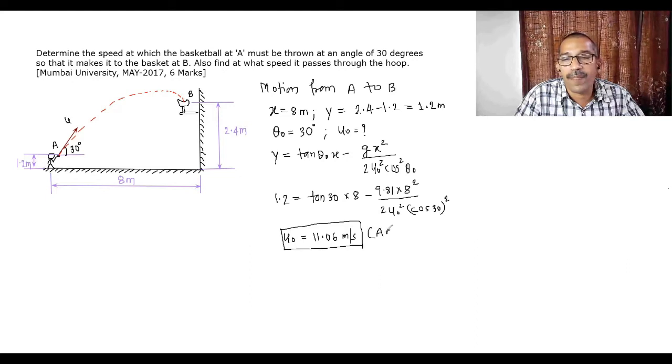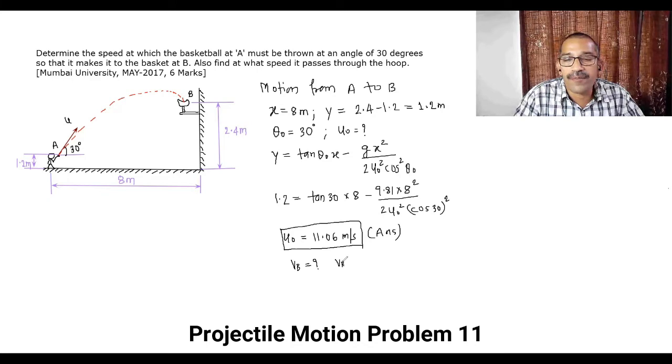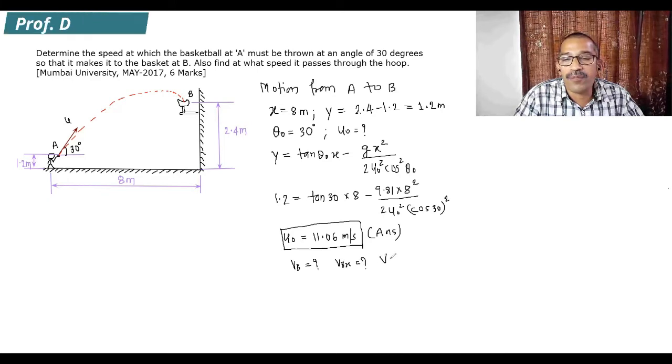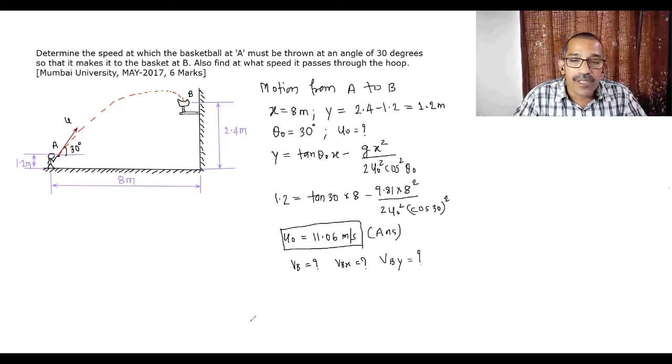This is the first answer. Second part, what is the problem asking, also find at what speed it passes through the hoop. That means you have to find VB. Now, whenever we find such a final velocity, to find this VB, we'll find VBX and VBY. If we get these two components, applying the Pythagoras theorem, we can find VB. In projectile motion, the horizontal component of velocity always remains constant. Therefore, your VBX is equal to